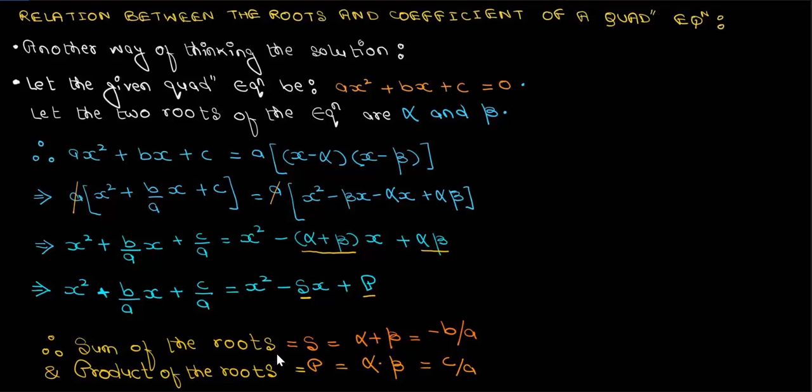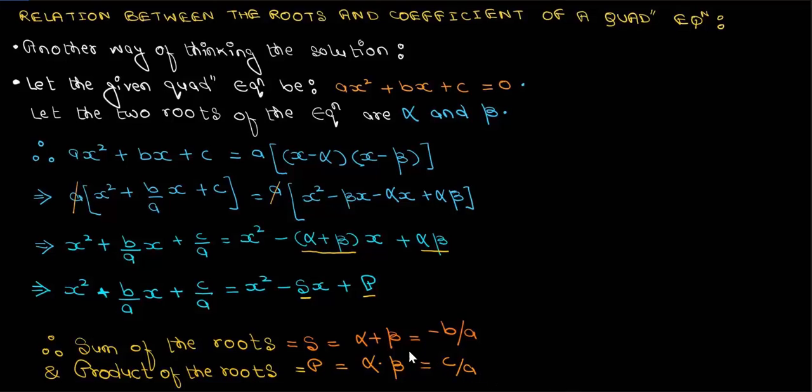So by comparing the coefficients of left hand side and right hand side, I can say that the sum of the roots, which is represented as S, is equal to alpha plus beta, and this alpha plus beta is equal to minus b by a, negative of b by a. Alpha plus beta equal to minus b by a. Similarly, the product of the roots is alpha beta. So by comparing the coefficients, this alpha beta will be equal to c by a,